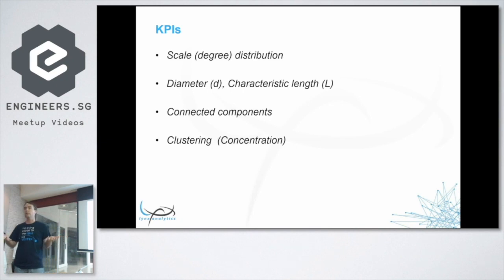That would be infinite, because any random vertex from any other random vertex not necessarily can be connected. So in that case, I can calculate these parameters for every separate connected component, every small component of the graph. And the clustering or the concentration coefficient is something about